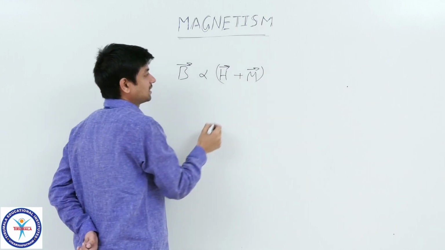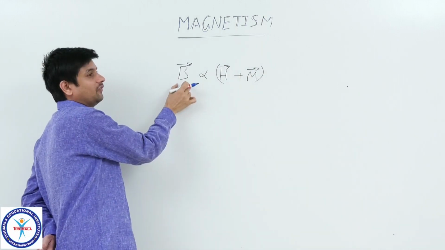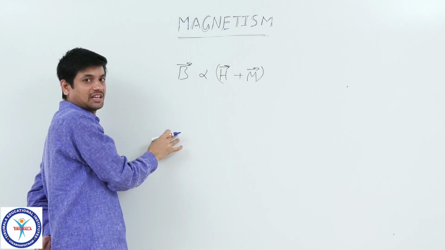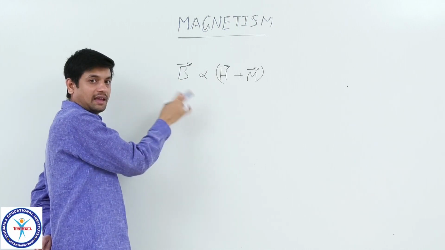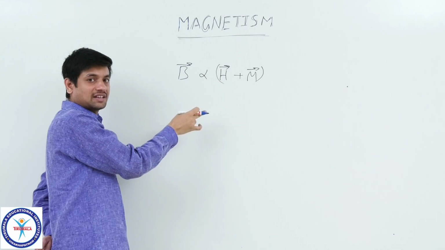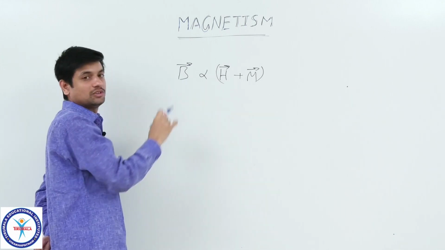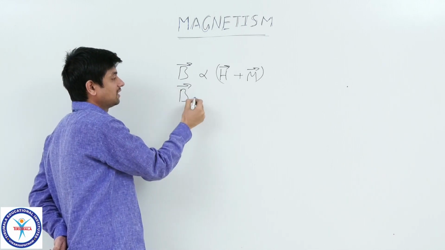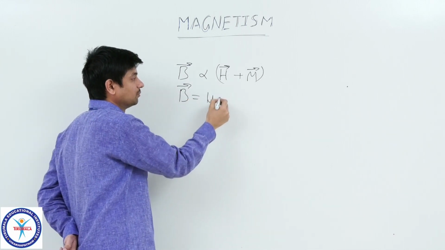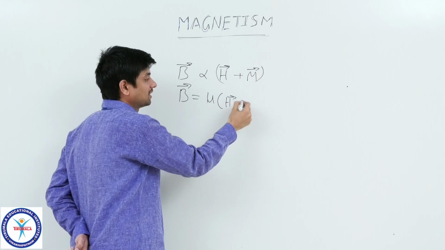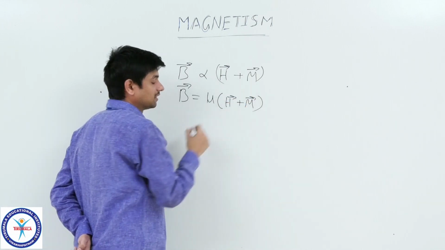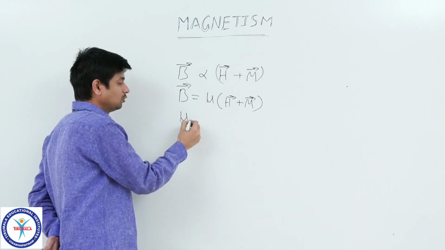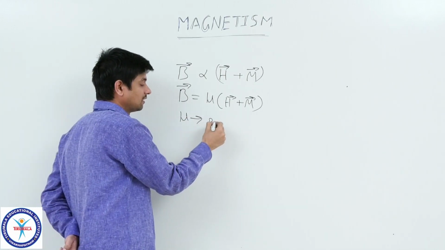So the sum of these effects will change the magnetic flux density, which explains how many flux lines can pass through that unit cross sectional area of material. So B bar is equal to, with some factor, mu into H bar plus M bar. Here mu is nothing but the